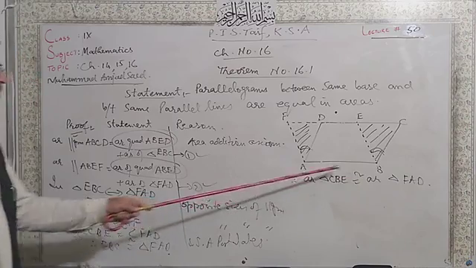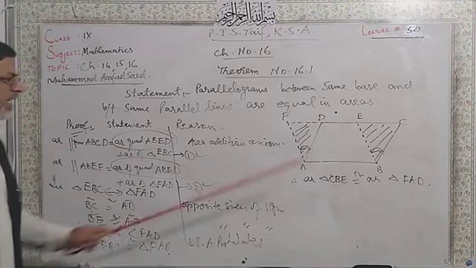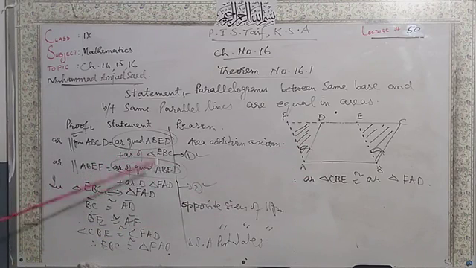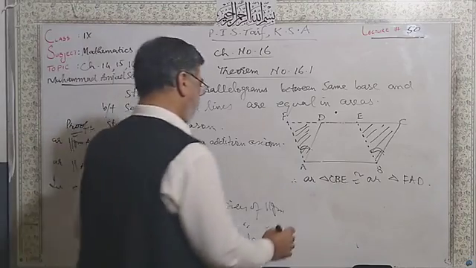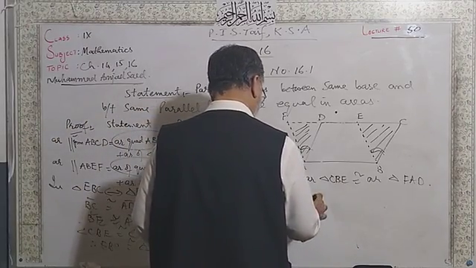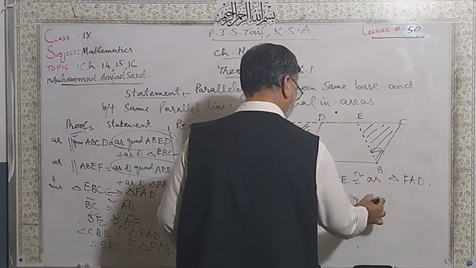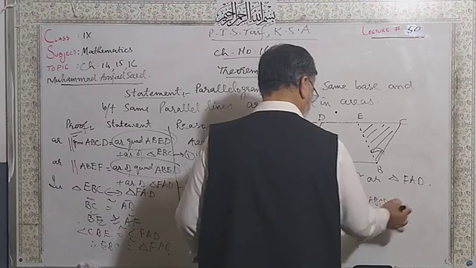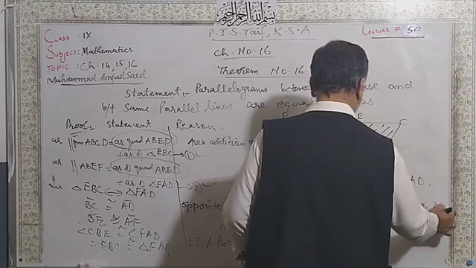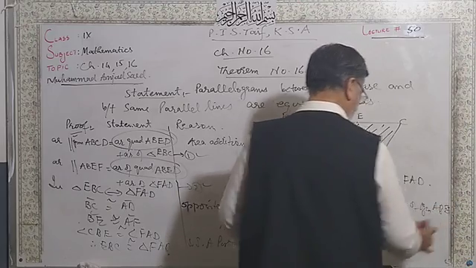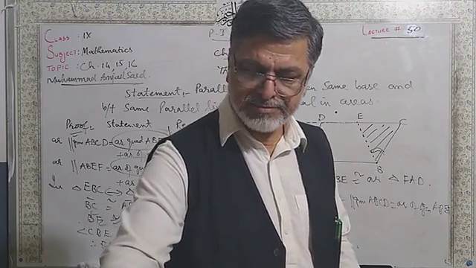So if you have these two triangles with equal area and you add them here, then from 1 and 2 you can say that, hence, area of parallelogram ABCD is equal to area of parallelogram ABEF. Dear students, that was your theorem number